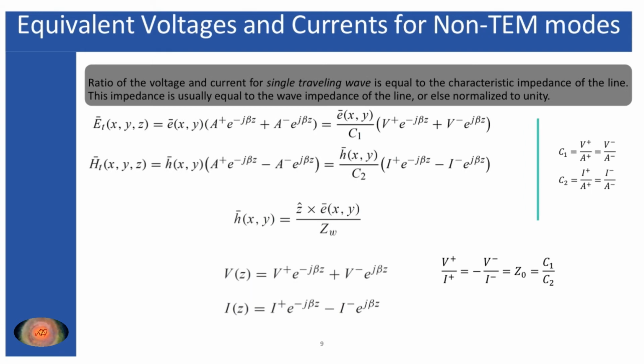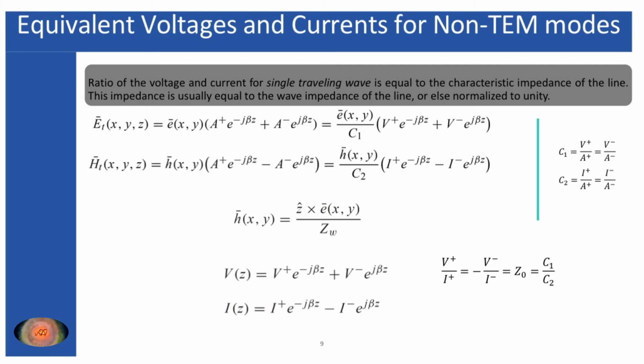Now it's time to consider our second consideration, where it has been stated that the ratio of the voltage to current should represent the characteristic impedance of the line. So from our first consideration, as you have already seen in my previous slide, this V plus and V minus were used in place of A plus and A minus with the C1 proportionality constant, and similarly it was applicable for the current equation also.